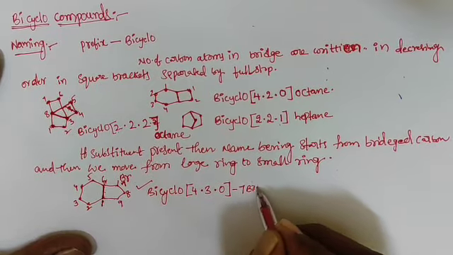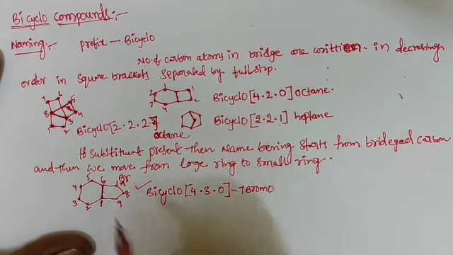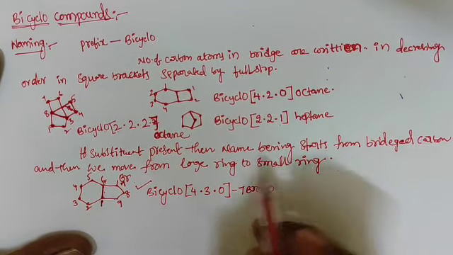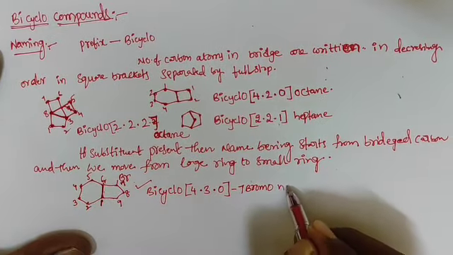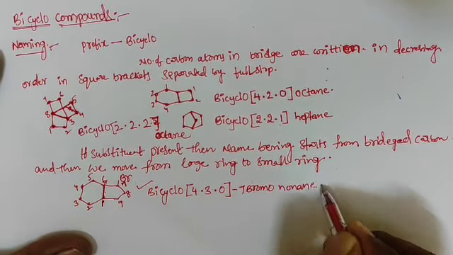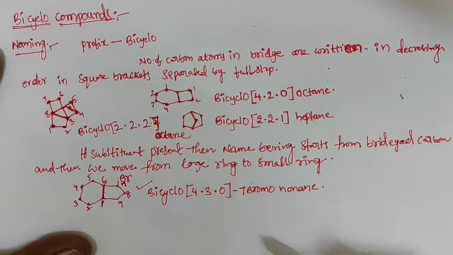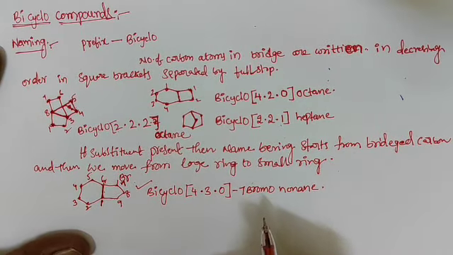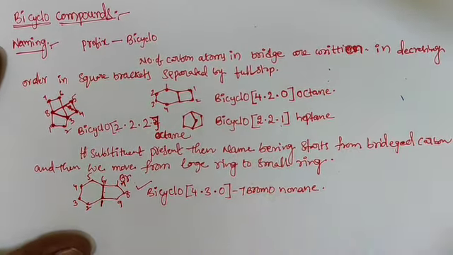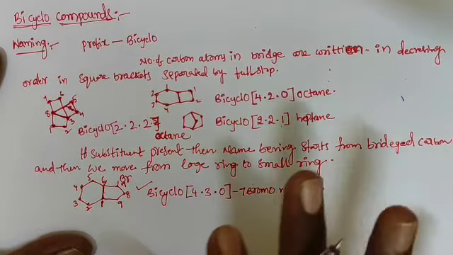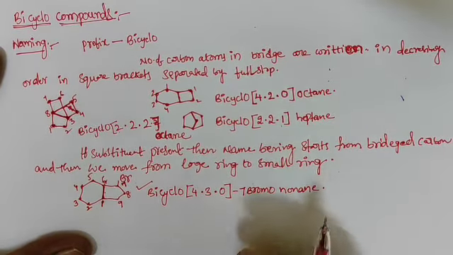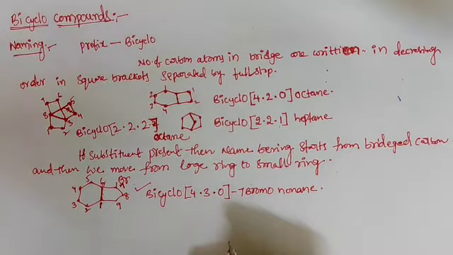7 bromo. Bromine at position 7. Total carbons 9, so nonane. 9 means nonane. So this is the name of the bicyclo compounds writing method. This is the correct way for that. Next, one more